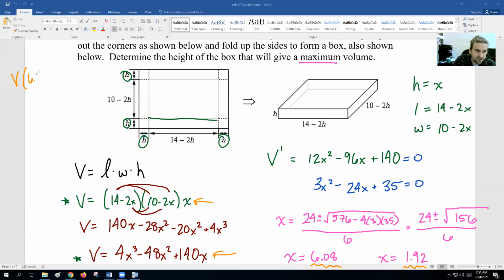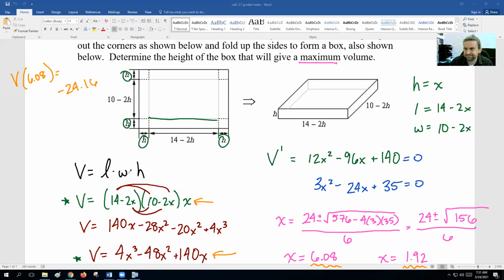What's the volume if we plug in 6.08? So 14 minus 2 times 6.08, times 10 minus 2 times 6.08, times 6.08, we get a grand total of a negative